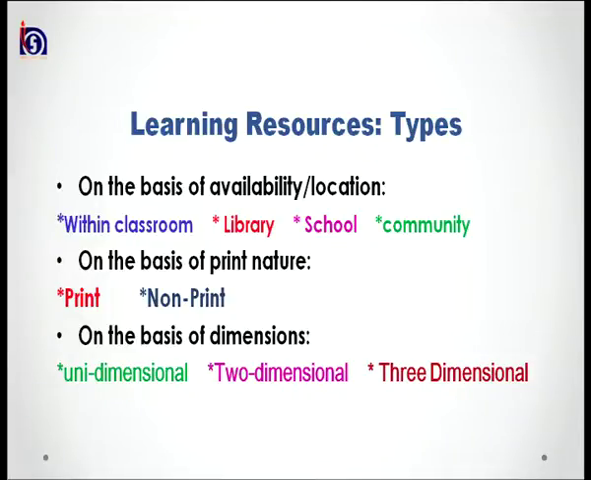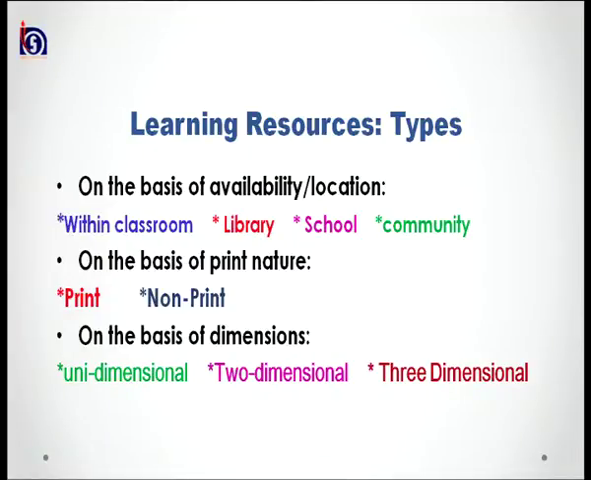Learning resources which are available within the classroom, such as textbook, blackboard and other things situated in the classroom. Then learning resources which are located in the library, such as reference books, maps, charts. Then we have learning resources which are situated not in the classroom, not in the library, but in the school. For example, we have trees, a water tap or other kinds of things